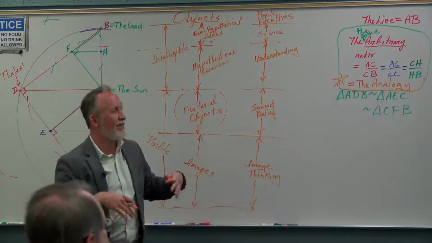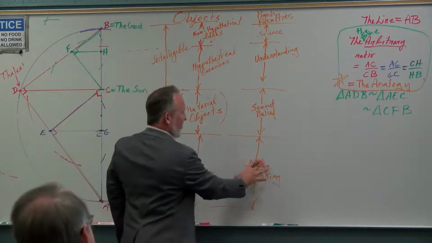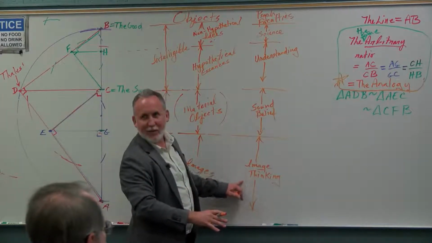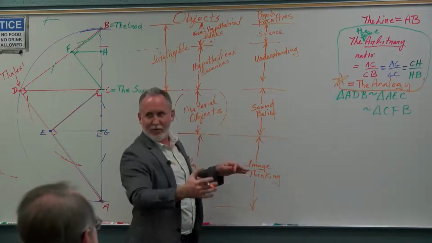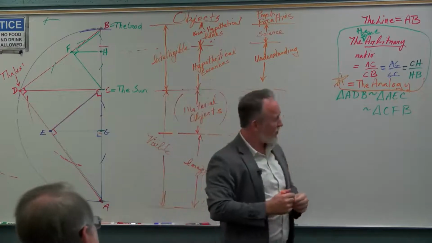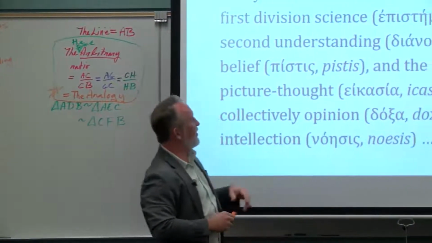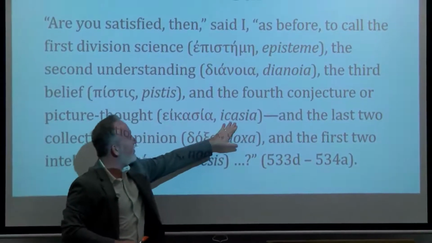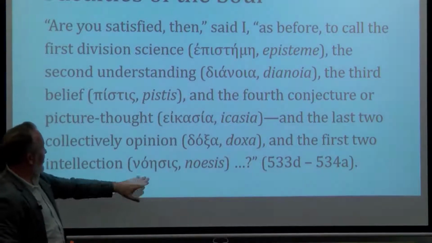Also translated as conjecture, right? Sort of fuzzy thinking, like mythology, like when people use mythological reasoning to try to explain the world. That's sort of like image thinking. But then there's sound belief based on real experience, and we see some correspondence between the Greek terms here. Here we have that icon sort of idea, and of course here,